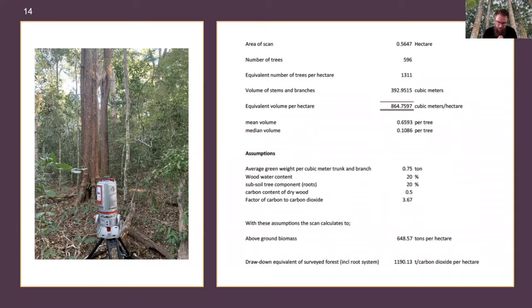And this is where it can get a little bit confusing. So how do we go from volume to weight? We use what's called a basic density converter. And that is where different tree species have been measured over time, and we know their specific gravity. I'm not going to go into that today. That's fairly technical. So this particular method resulted for this site in